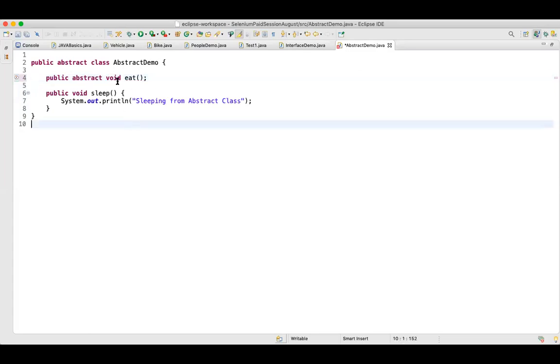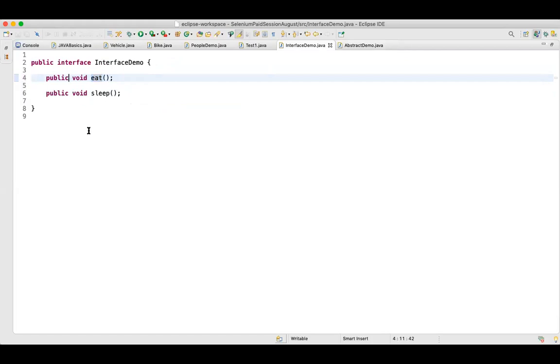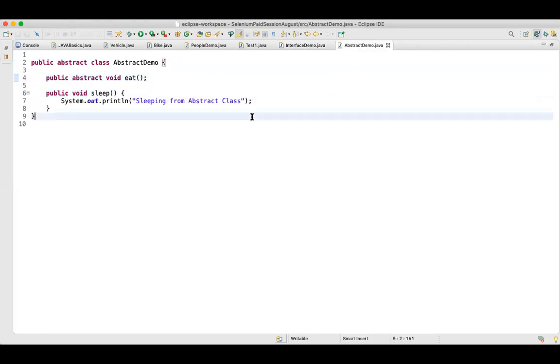Abstract method. Now can you see, guys, if you do not specify, it's giving you an error, because abstract demo is an abstract class. An abstract class can contain both the normal method as well as abstract method. So if you do not define a body, at least you have to write the abstract keyword. But in an interface, we were not writing the abstract keyword. That was optional because by default, all the methods over here are abstract. So it's optional in an interface, but over here you have to specifically define it.